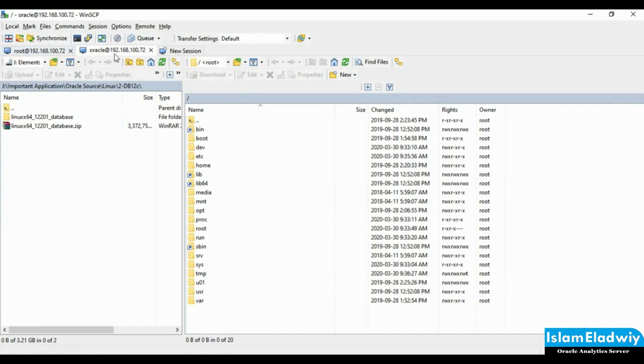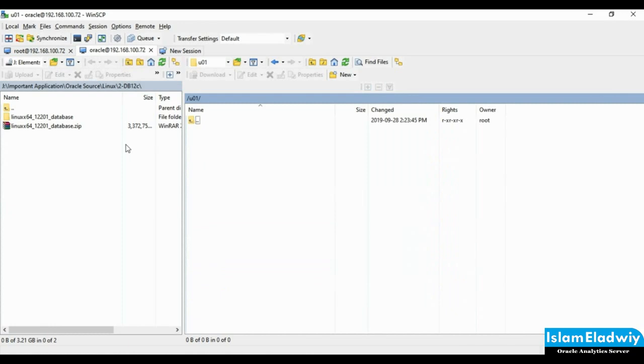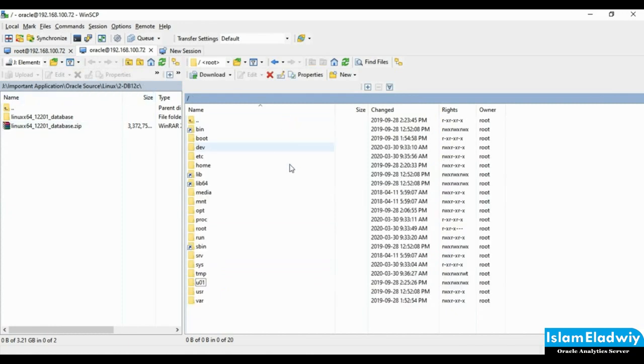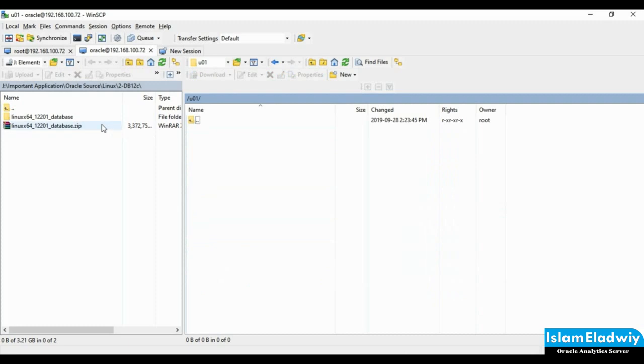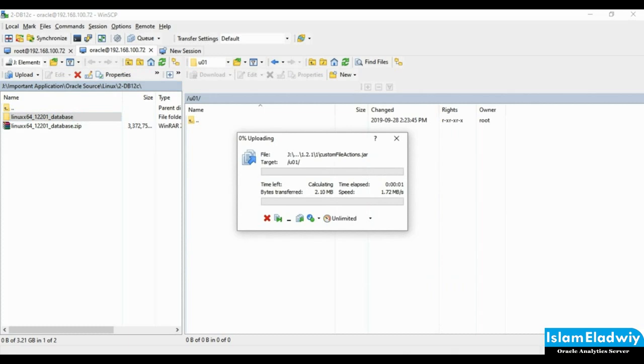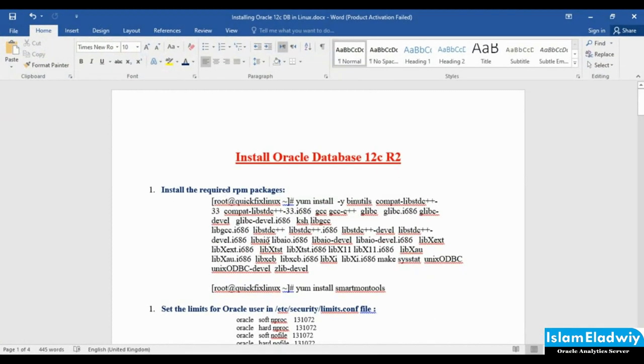Open WinSCP using Oracle user, drag database from my machine to virtual machine. Okay, then